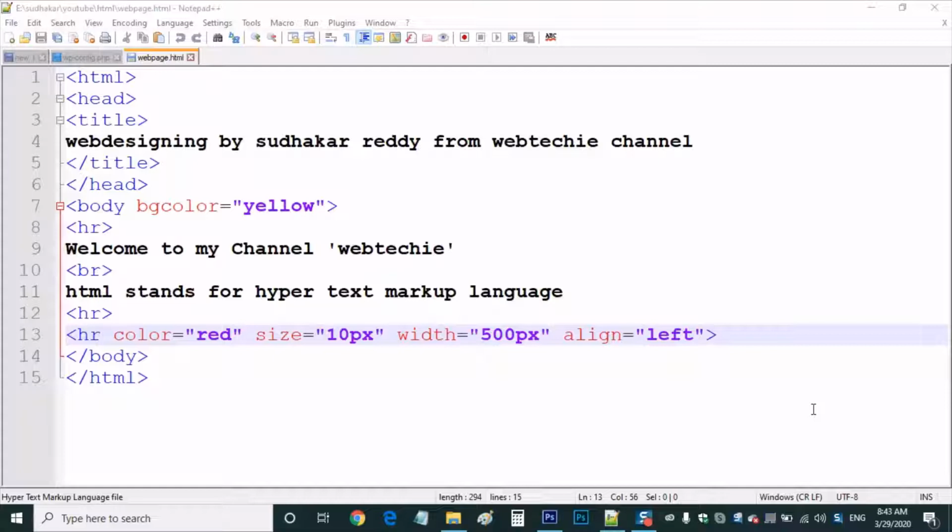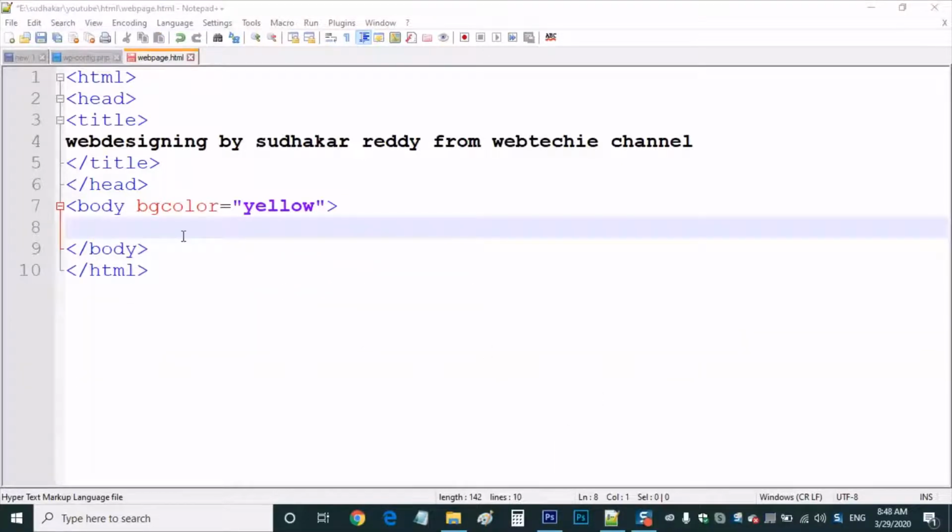We are going to discuss how to display our text in a bigger size, that means headings, subheadings, and paragraphs, and how to apply attributes. In the last video we discussed attributes, so for headings and paragraphs also we are going to discuss attributes. So without wasting much time, let us start our video.